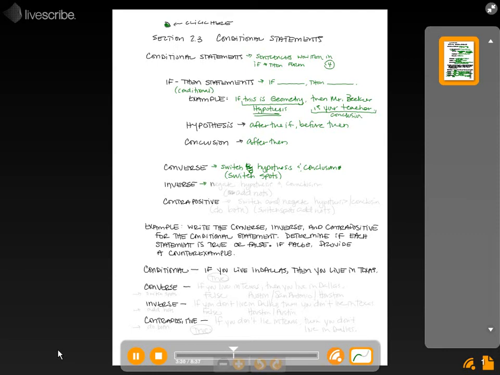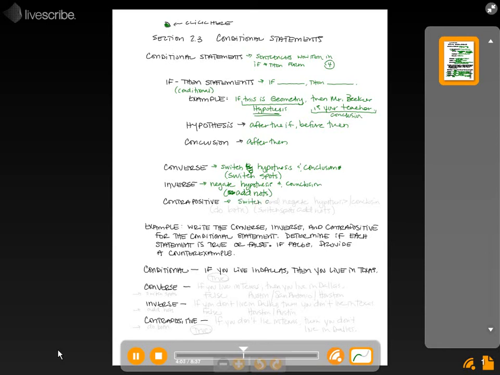The inverse means that you negate the hypothesis and conclusion. And remember, negate means to add in nots to both of those, both the hypothesis and the conclusion. And that's my, not switch spots, my shortcut is to add knots. That's my short hint. Okay, so converse, switch spots, inverse, add knots, and then the contrapositive is to switch both of them